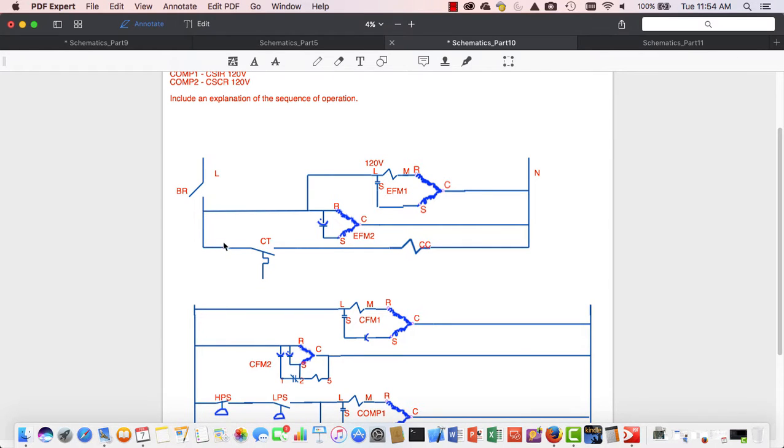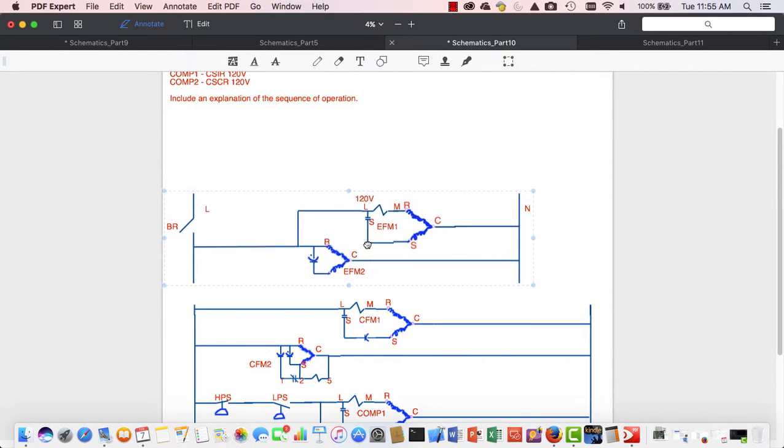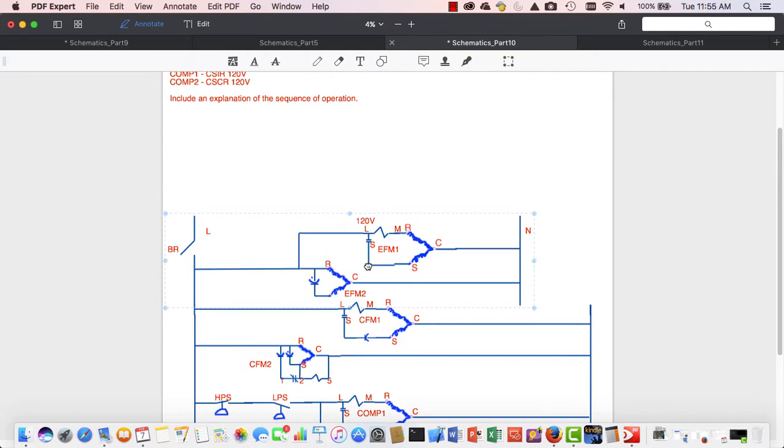I don't need this bottom rung because I'm no longer dealing with a compressor contactor. I don't need it. Then I'm going to take this whole thing here and line it up there. I'm going to move my